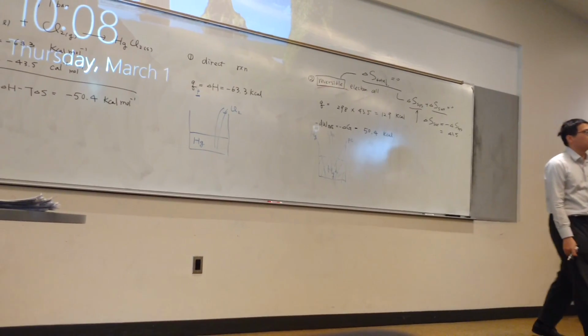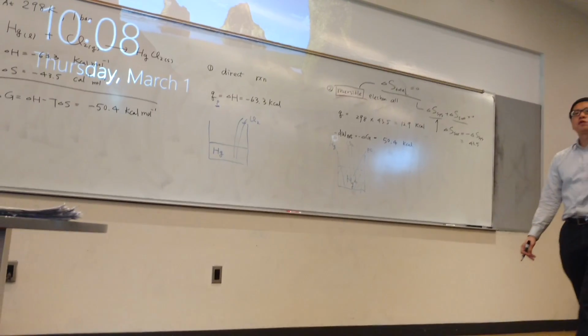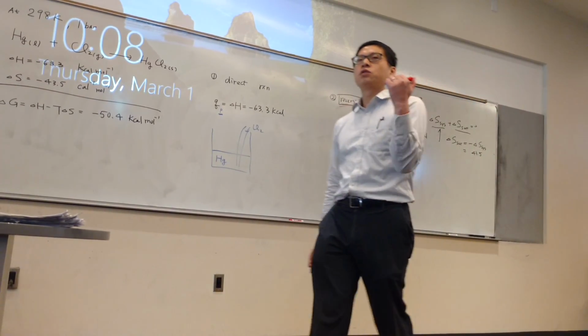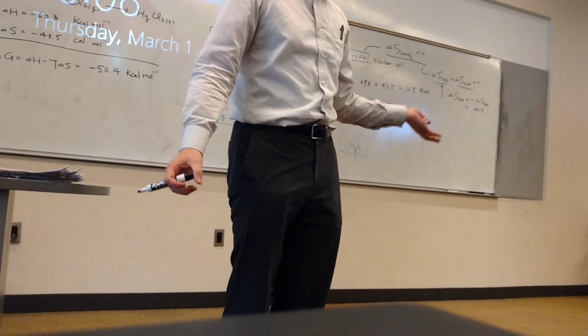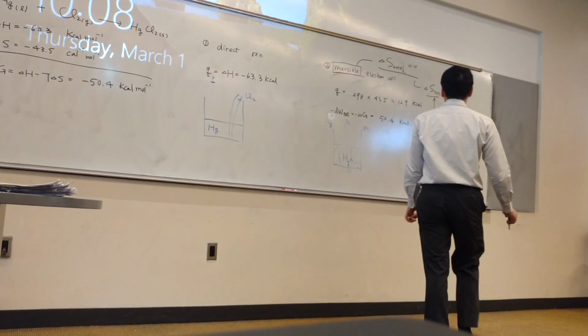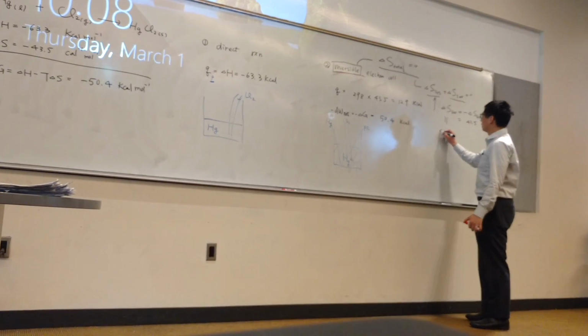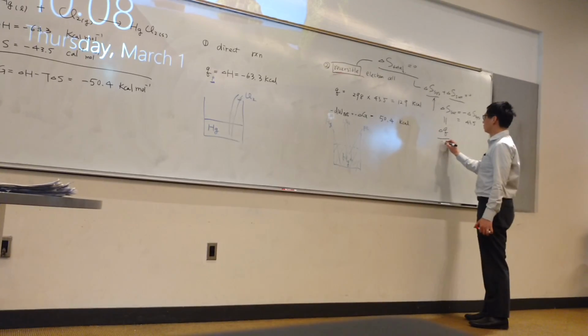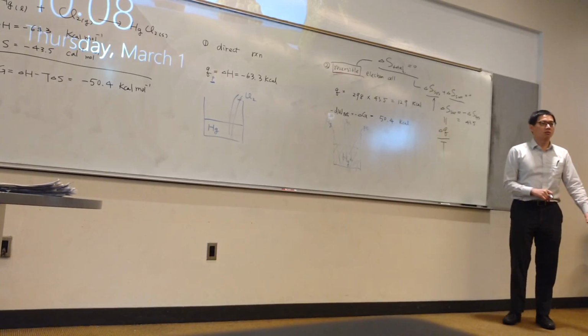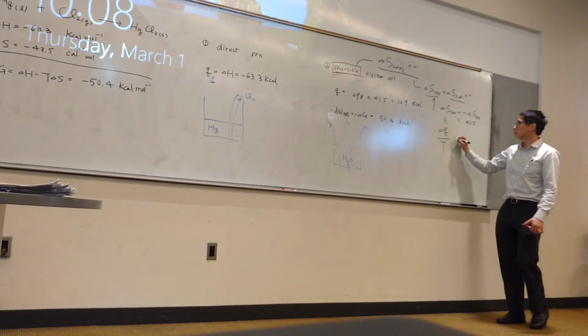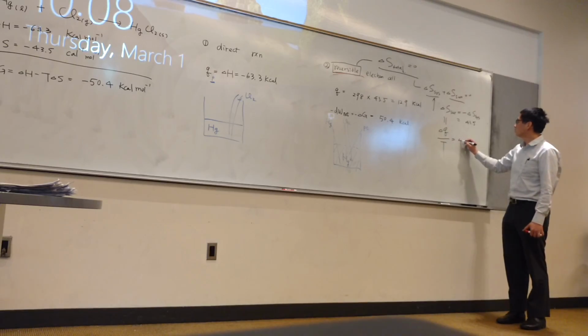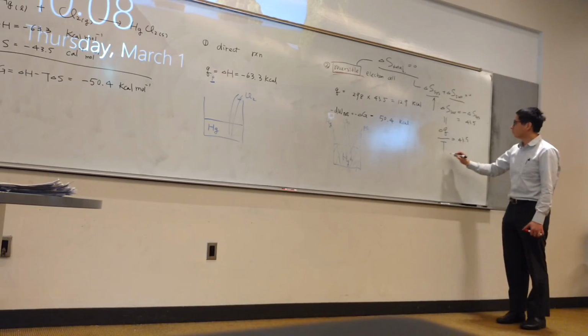We also say the temperature change for your surrounding is always a reversible process because it's huge, so you can always write this as delta Q over T, which equals 43.5. Therefore, delta Q is that multiplied by the temperature, and that's how we get the Q